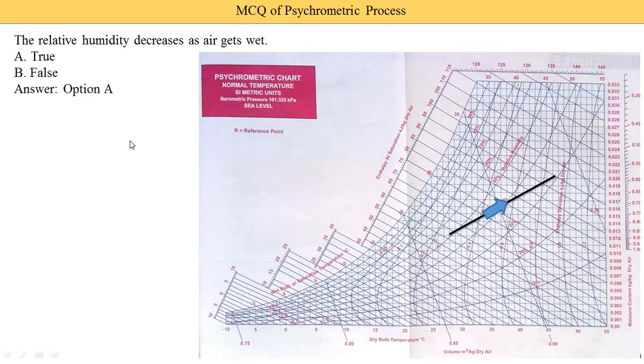On every sentence, various types of discussion are given, that answer is false. But in that question they do not define any process. If you consider that a cooling and dehumidification process is going on, at that time the air does not get wet because the wet bulb temperature is reduced. So during cooling and dehumidification, the air gets dry, not wet. So this consideration is wrong at that time. So the correct answer is true.